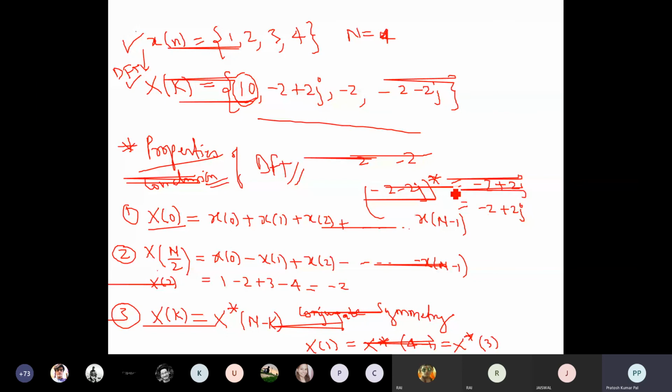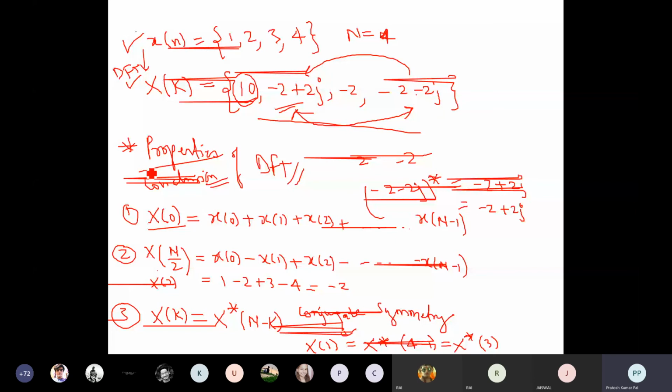That will be the complex conjugate of this number. So it will always follow the complex conjugate property. Suppose in the DFT solution, the second x of 1 is -2 plus 2j. That will be equal to the complex conjugate of this one. So these odd parts will always follow the complex conjugate. Its complex conjugate is this, and the complex conjugate of this is that. Again, we take k equals 3. The same property will be shown, that is the complex conjugate property. So they basically show the DFT.